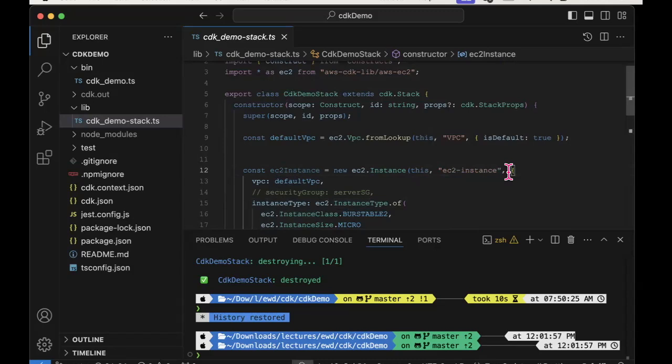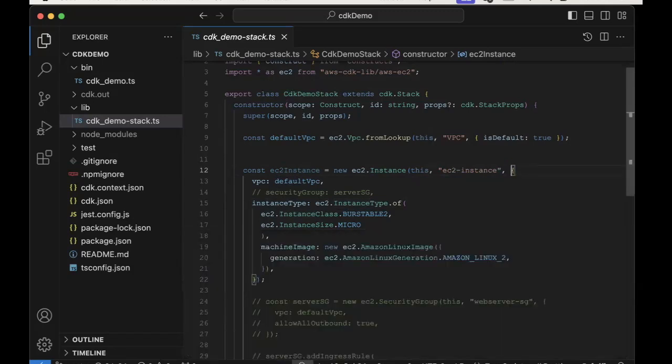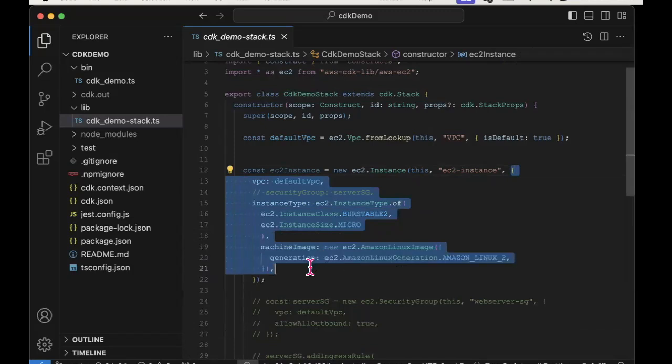And then the rest, let me just collapse that. All of this is the configuration that I want to have associated with this EC2 instance. Now, there are many parts to the configuration. You can leave many of them out, and then they assume default values. If we were writing CloudFormation templates, then we would have to specify each particular part of the configuration, and that's why the templates are so long-winded.